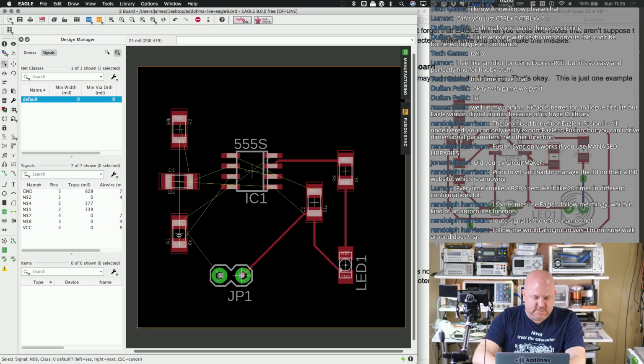VCC and the signal. This needs to, can I just do rotate? Nope. Move. I keep doing the move command instead of right click rotate because I want to be able to right click twice to rotate it. So let's get this one routed. This one goes through there. This one comes down here. Okay,